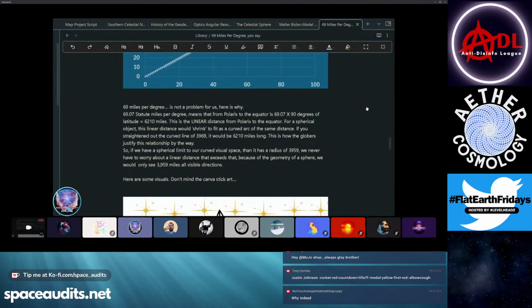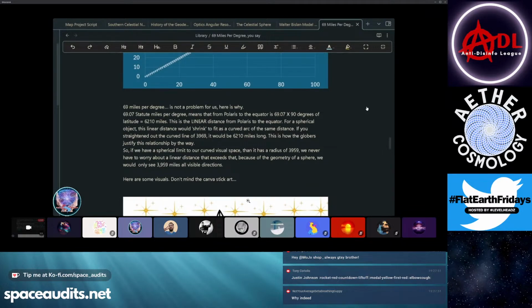Just to sort of run through this one really quickly, right? We do 69 miles per degree. 69 miles per degree times 90 degrees of latitude will give us 6210 miles. So we get 6,210 statute miles between Polaris and the equator. Now, why isn't that the radius of Earth, you might think? Well,